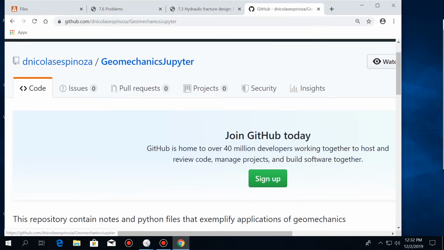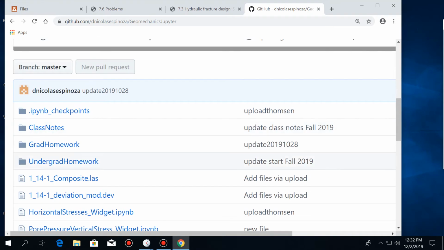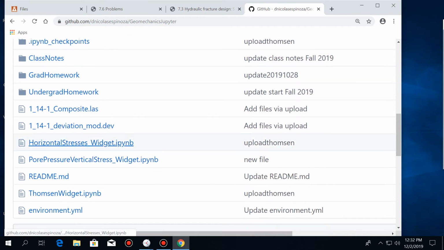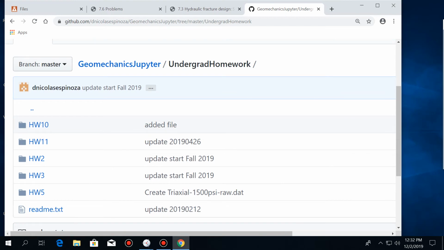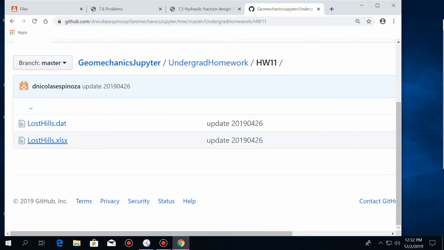Okay, I'll upload it and put the link over here, but if you go to undergrad homework number 11, you have this file. And I'll send you the link for this. And when you download this file,